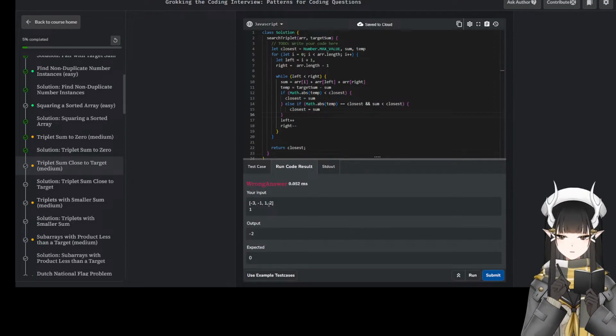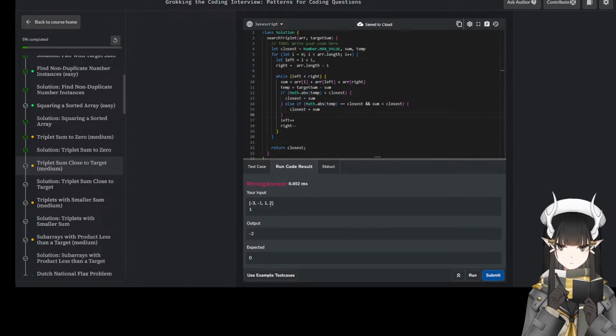Okay, 3, minus 1, 2. We're looking for 1. So this is 2. It is minus 2. Sum is -2.